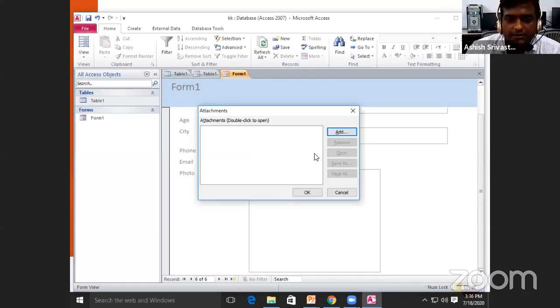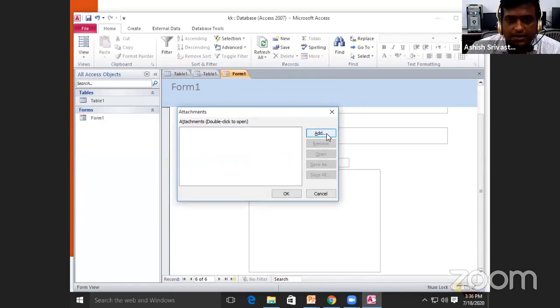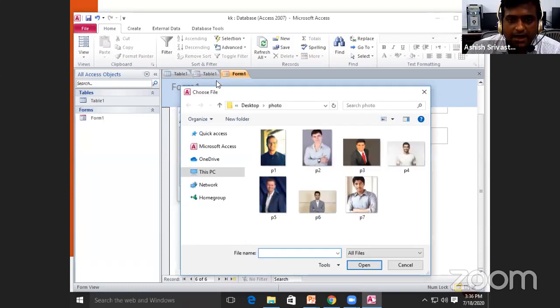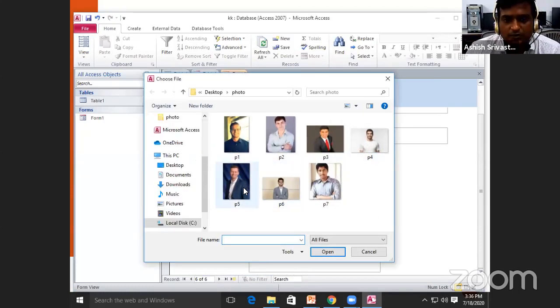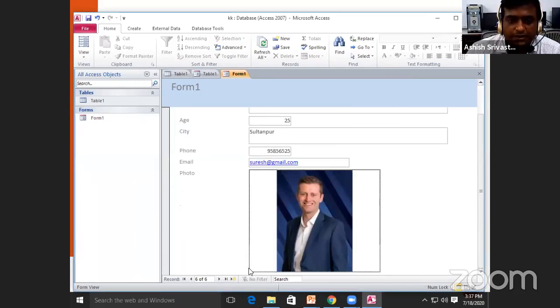So double click here, and when you double click here, this window appears, and after that we have to click on Add and select a particular photo. Suppose that we select this photo, and after that we have to click on OK. तो इस तरीके से यहाँ पर number of records add हो जाएंगे।